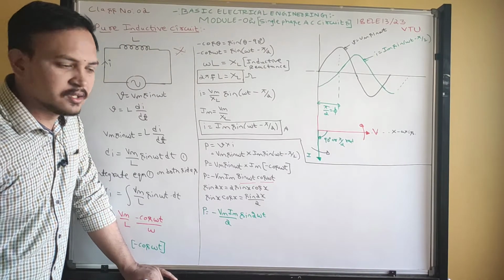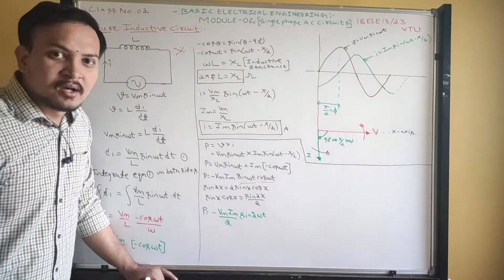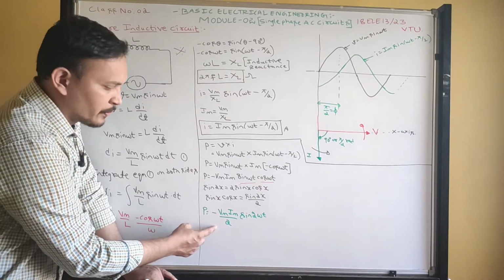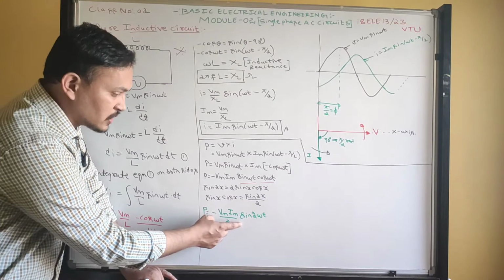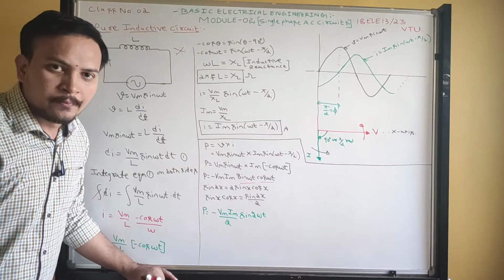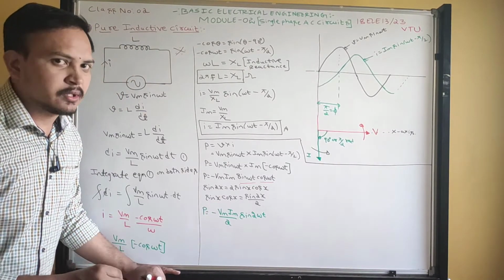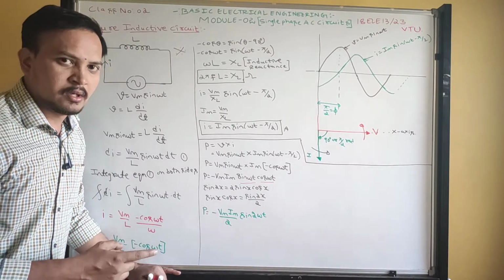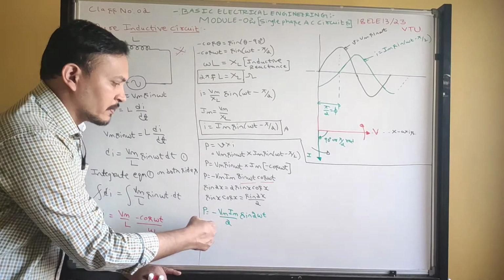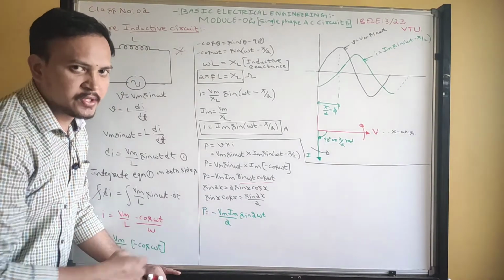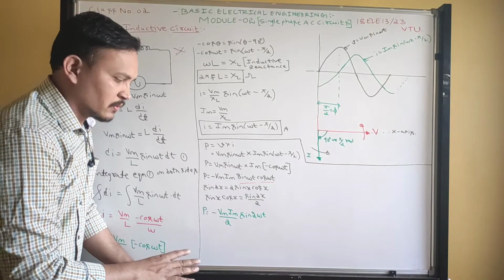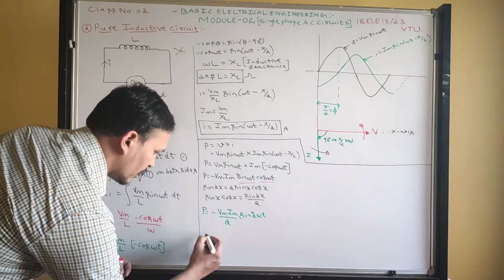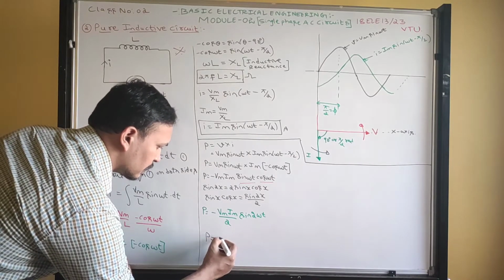See guys, what is this? Double frequency. So double frequency means what? Fluctuating component. If I integrate the fluctuating component over one cycle, its average value is always 0. I said this for the pure resistive circuit, that the average value over one cycle of the fluctuating component is always 0. Here also it is the same, 0 only, but I will derive this now. See guys, now integrate this power over one cycle.